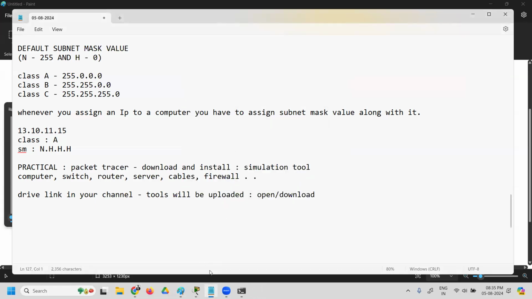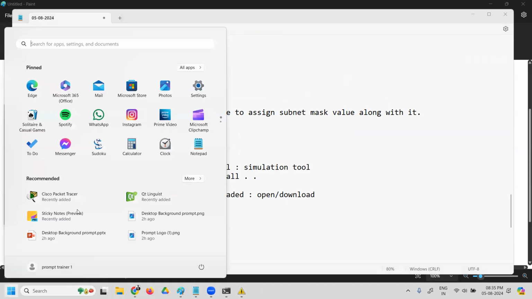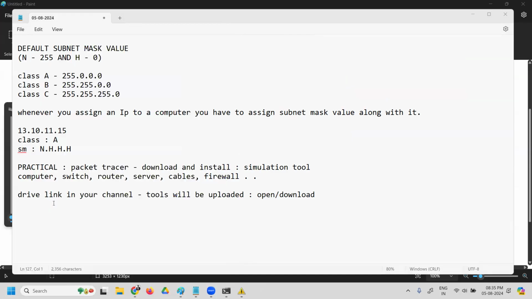I already have Packet Tracer here. Let me close it so that I can open it from the first. Now Packet Tracer is installed. Since you have installed it for the first time, it will launch automatically. I'll open my Packet Tracer here.